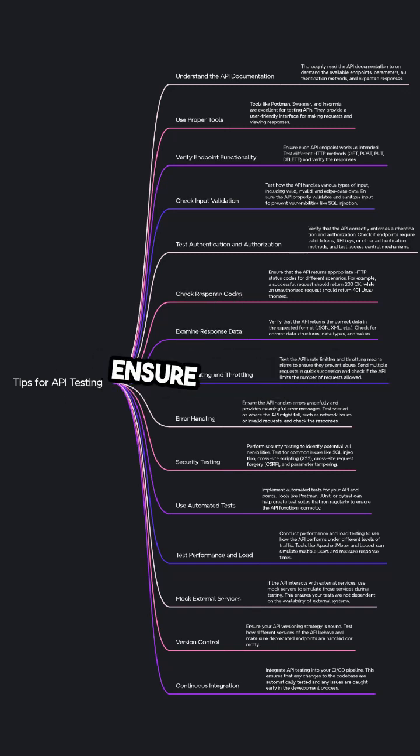Version control. Ensure your API versioning strategy is sound. Test how different versions of the API behave and make sure deprecated endpoints are handled correctly. Continuous integration. Integrate API testing into your CI/CD pipeline. This ensures that any changes to the codebase are automatically tested and any issues are caught early in the development